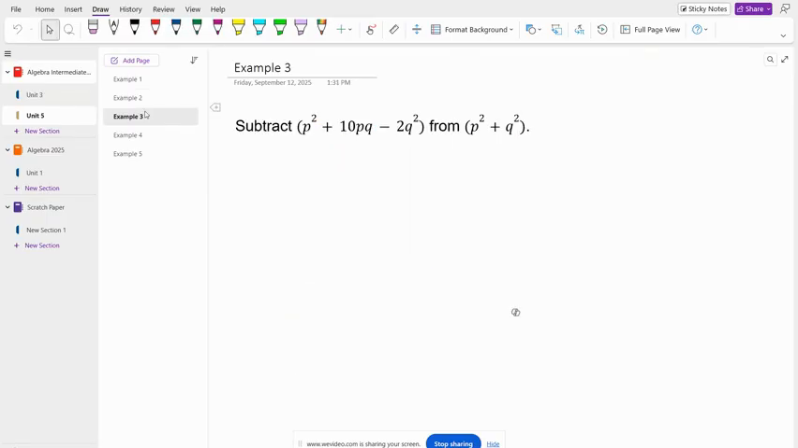All right. In example 3, we're going to see kind of the same deal, but in this one, our wording is different. So notice it's subtract and from, so we don't see that minus sign. So we have to translate this one. It says subtract this from that. So you have to think which one comes first. Well, we're taking this one away